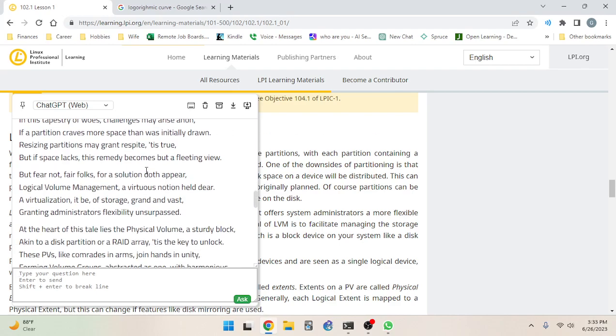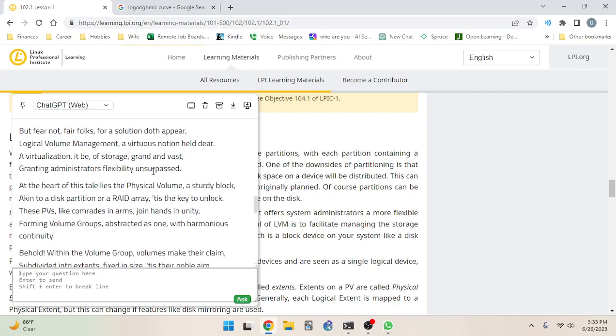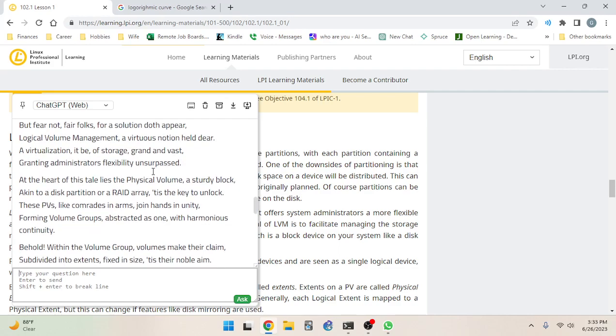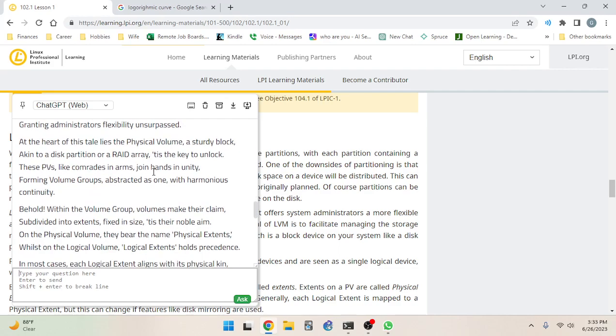But fear not, fair folks, for a solution doth appear. Logical volume management, a virtuous notion held dear. A virtualization it be, of storage grand and vast, granting administrators flexibility unsurpassed. At the heart of this tale lies the physical volume, a sturdy block, akin to a disk partition or a RAID array. 'Tis the key to unlock. These PVs, physical volumes, like comrades in arms, join hands in unity, forming volume groups abstracted as one, with harmonious